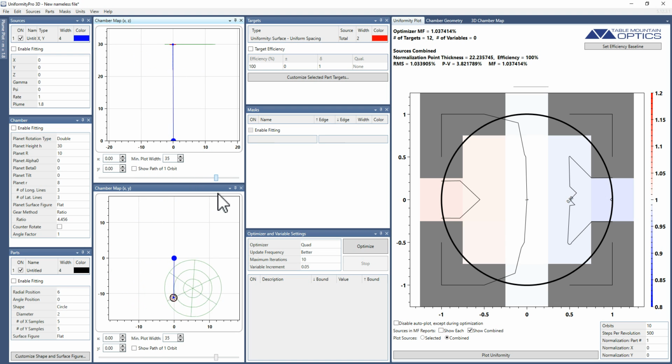Or excuse me, the first orbit. So I say this is really nice just to help you see that things are moving the way you want. Also, when you have tilts and things applied, it helps you with perspective, since these are just projections. But to also help with that, we introduced a 3D chamber map in this version,